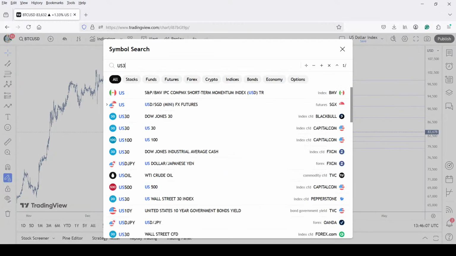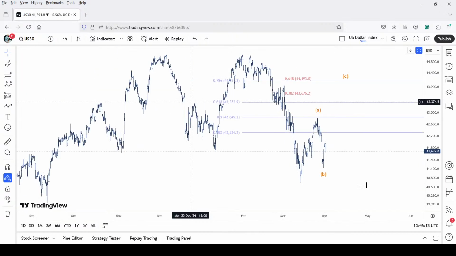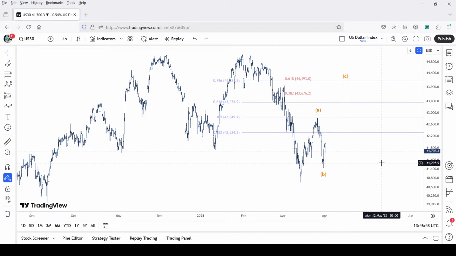If we want to touch base with the Dow Jones quickly, here's the Dow Jones 4-hour chart. The Dow Jones is also telling us a clear story: after forming a 5-wave impulse lower, the corrective wave is still underway, where we have minute wave A and B complete, and minute wave C could be underway right now, possibly pushing towards the 44,000 mark, and from there on we would be more inclined to initiate short positions. All right, maybe tomorrow,